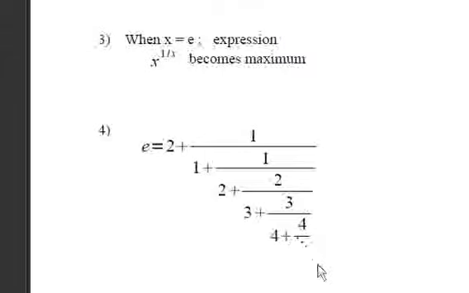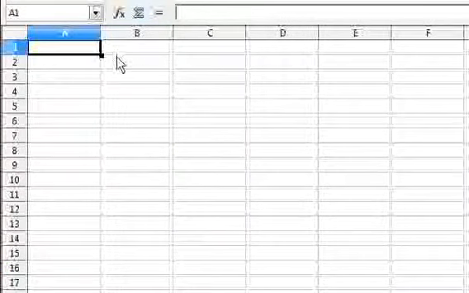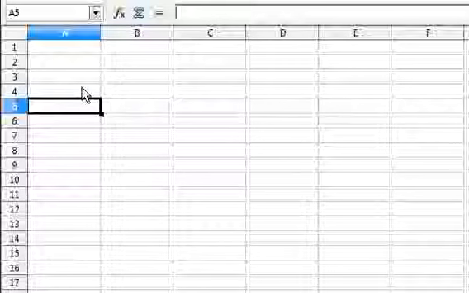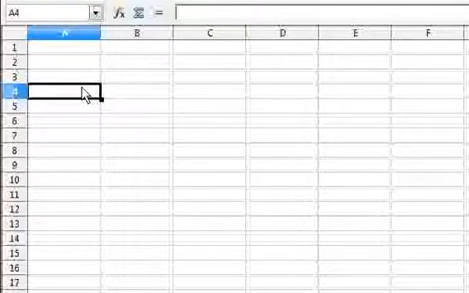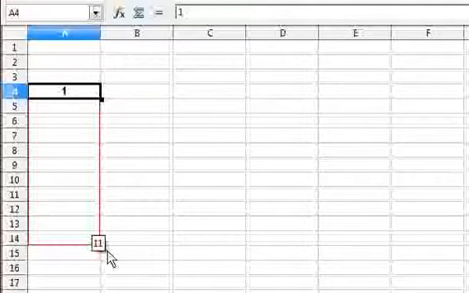In fact, you can go all the way to many decimals. Here I have shown up to 4. So let's see how to do it. I take a fresh sheet, and here again our objective is to find the value of E. So let me start by just taking some natural numbers, let's say up to 10.